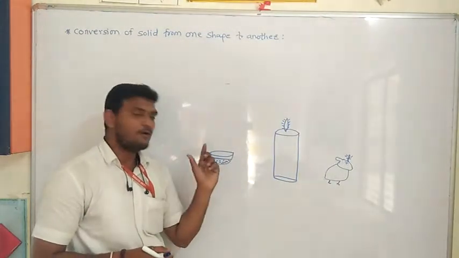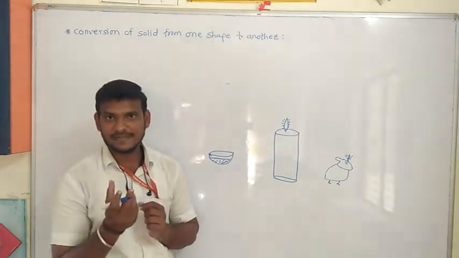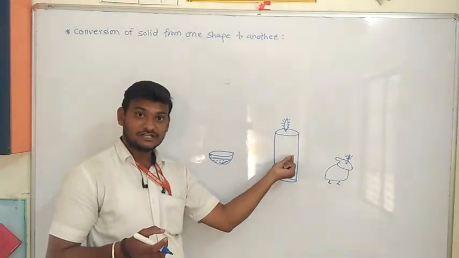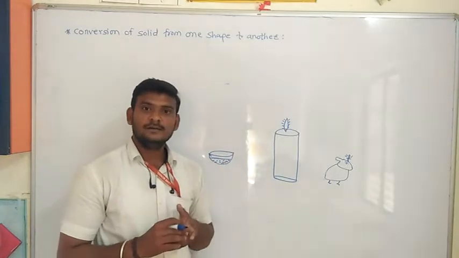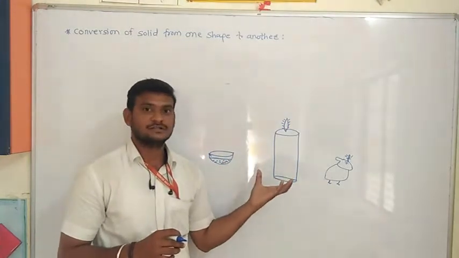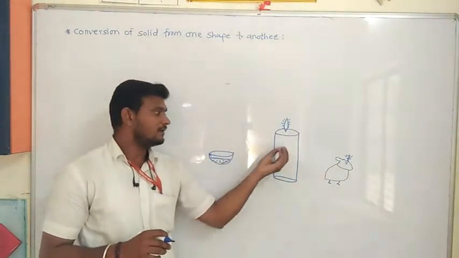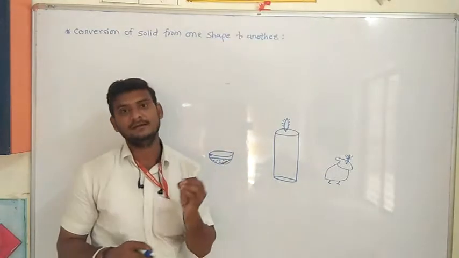Now here, what is the shape of the wax formed? That is a hemispherical shape, which has a volume equal to the initial volume of the cylinder. In this case, the volume will not change. The shape of the figure, or you can say the shape of that wax, will change, but the volume will remain the same.